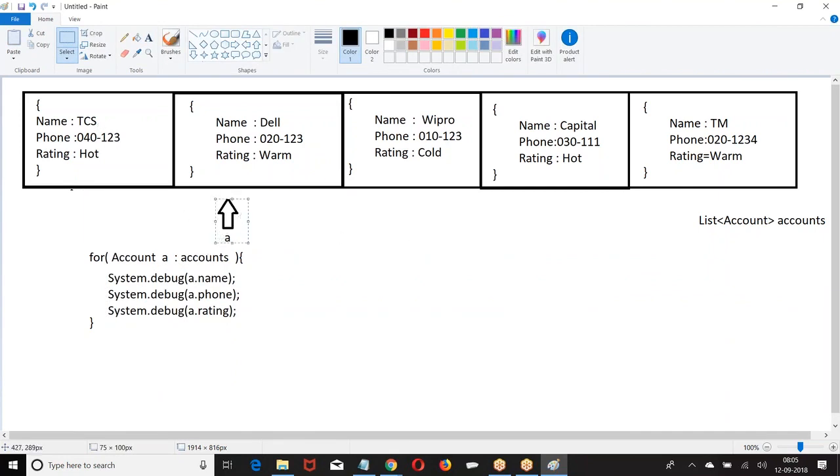Once it's completed, then a.name Dell, a.phone 020, a.rating wow. Done. Go to the next. Go to the next. Last. Stop the operation. So what was that? Starting from the first one, going to the next one, going to the next one, stop the operation. This is how we are referring to the elements in the loop.